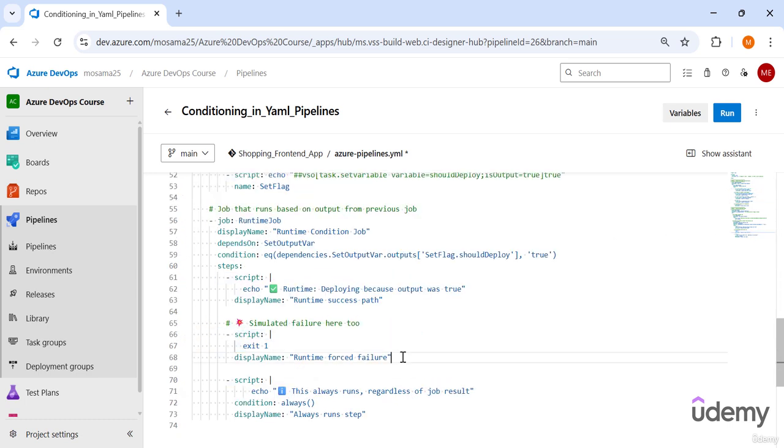And here in this script, I am making this job fail using this script. This script will give an error because I am writing exit here. But in the other script here, I'm making a condition which is always. The always condition means that this script will run even if the previous script fails. So even if this previous script gives an error and fails, this script will run because we're giving it the condition always. So let's try and run this pipeline